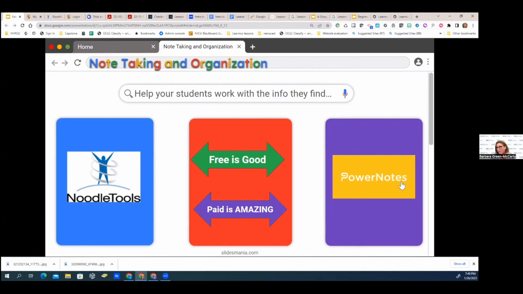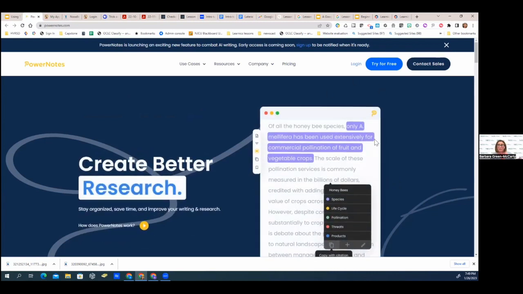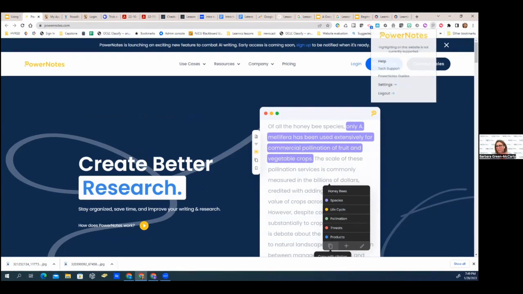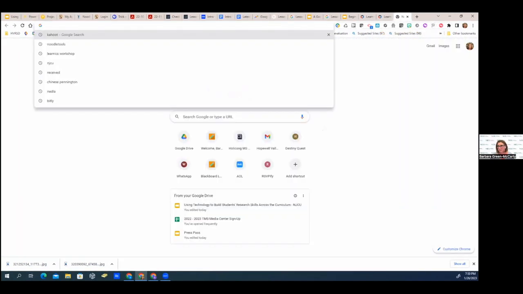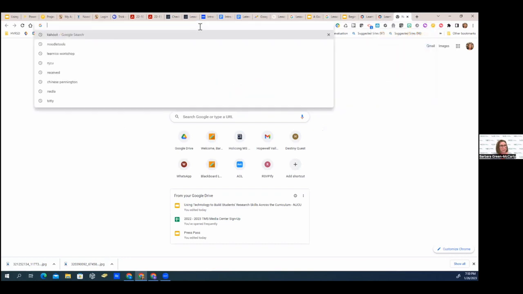Now, Power Notes is another really cool one that I will demo really quickly. And again, it has the free and paid version. I do not have the paid version. I only have the free version, which lets me do one assignment at a time. I just have to turn on my Power Notes. Oh, there we go. I guess I had to move off of Power Notes. Okay, here we go. If I go to NJCU,